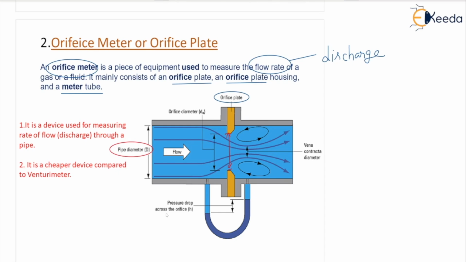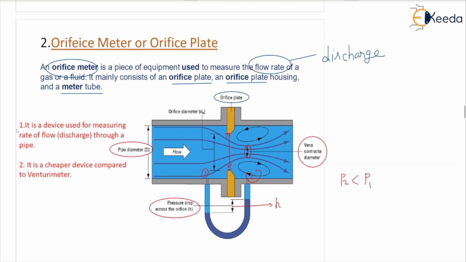So there's a pressure drop across the orifice. The head difference is given as H. Pressure drop actually. So here, suppose I write 1 here and 2 here, I can say P2 is less than P1, pressure drop. That's why the liquid is going to the higher side. And the vena contracta diameter, look at this. What is the vena contracta diameter? Correct, this diameter, right? Where the contraction of the fluid is, you can see here this part, this is the vena contracta diameter.